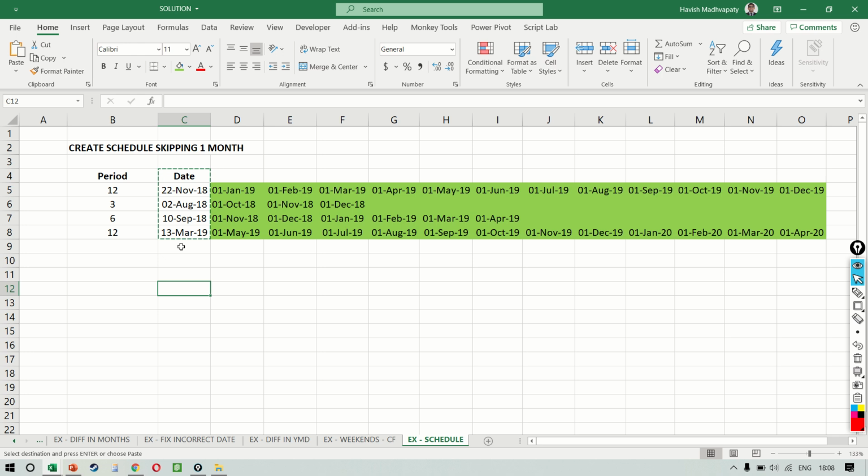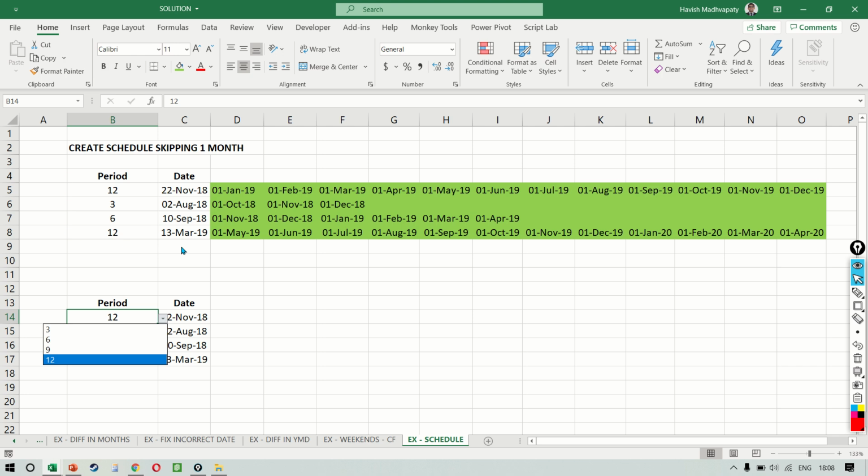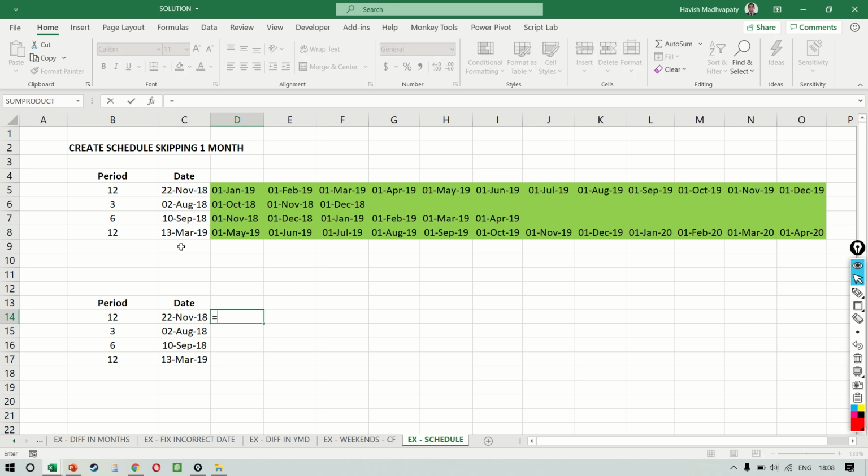Let's do this. So the first thing I do is to copy the dates, and we'll copy the data validation as well. So the user has options to choose 3, 6, 9, and 12. How do we get the dates? We can say that equal to